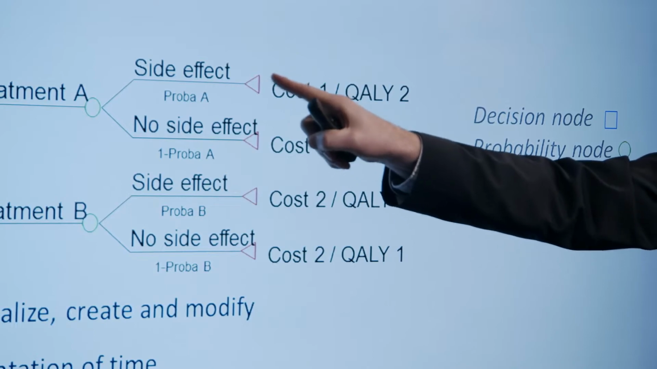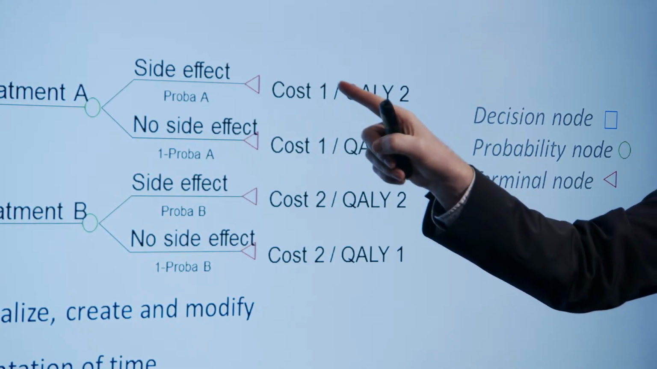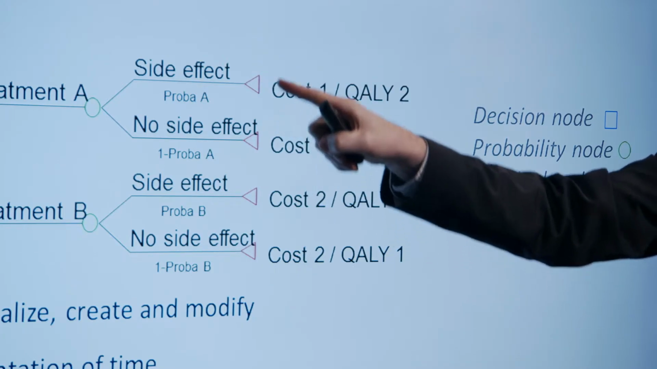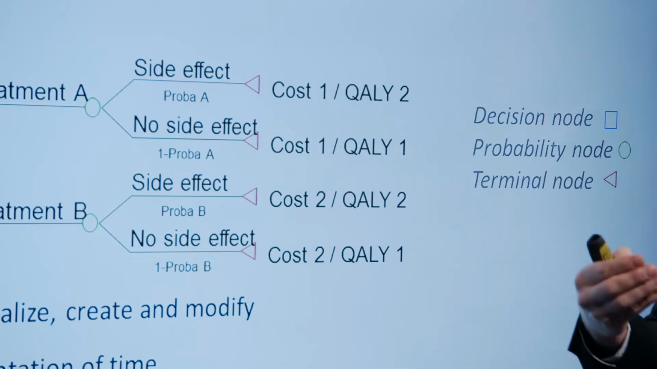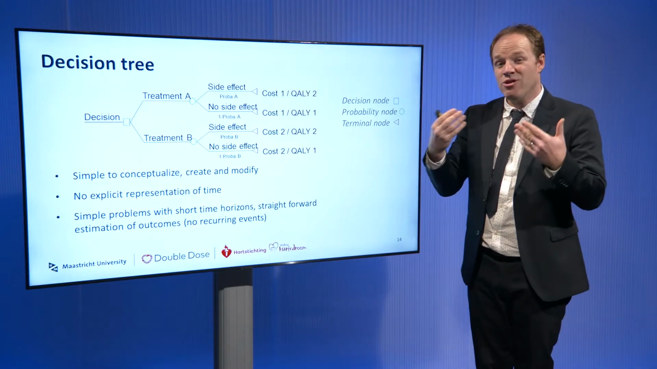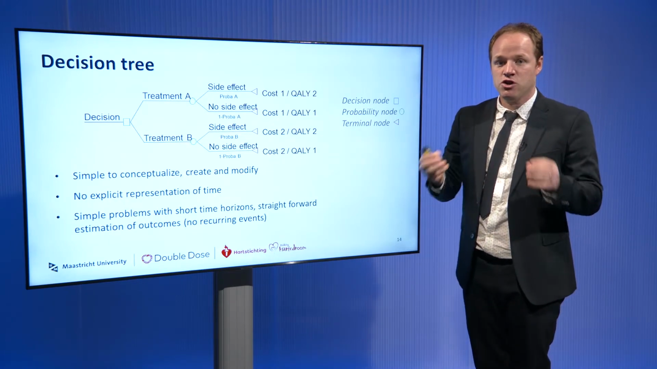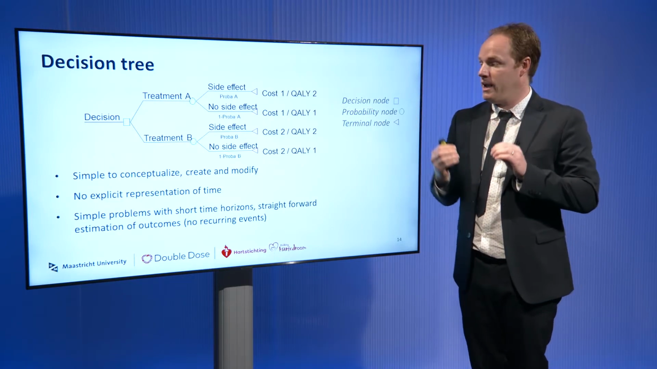And then at the end, we have the terminal node, where we have a cost and quality associated with having a side effect or having no side effect. And based on the probability of each event, we can simulate and estimate the total cost and the total quality of each intervention. That's just the cost at the end multiplied by the probability to be at each of the